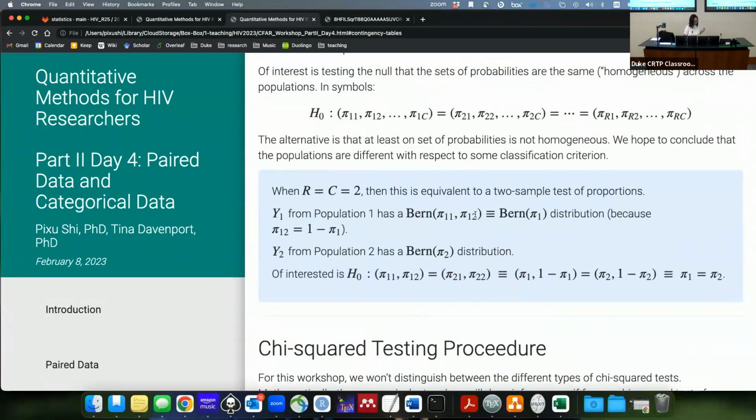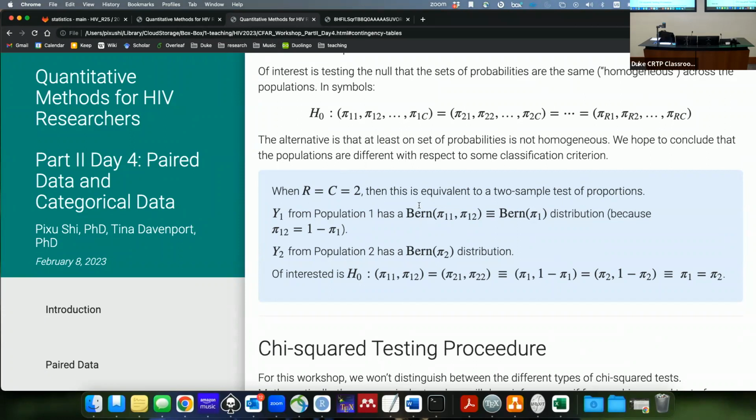When you have a 2x2 table, this is the most common situation. This is the one that I wrote before the lecture. I don't know why sometimes it's appearing from the center or on the side. So when you have a 2x2 table, the test of